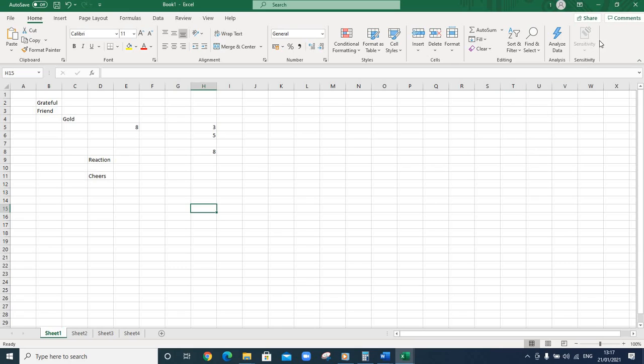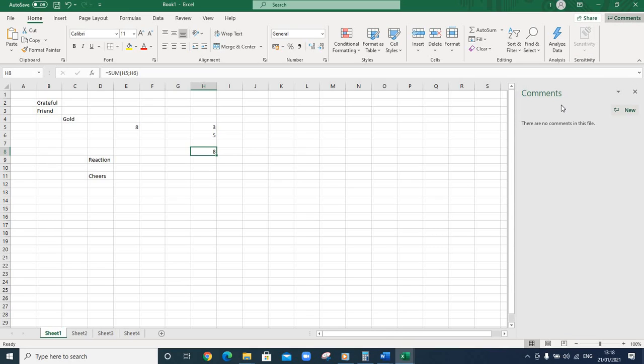Now if you notice here, you see another tab or button called comment. If I want to add a comment to a text, or I want to send feedback to someone about something, or maybe put a comment to remind me of what I'm doing. For example, let's say I want to say this is the sum of 3 and 5 here. I go with the mouse to the cell, I click on it, I click on comment, it brings out the box, and I say make a new comment, and I say this is add 3 and 5,